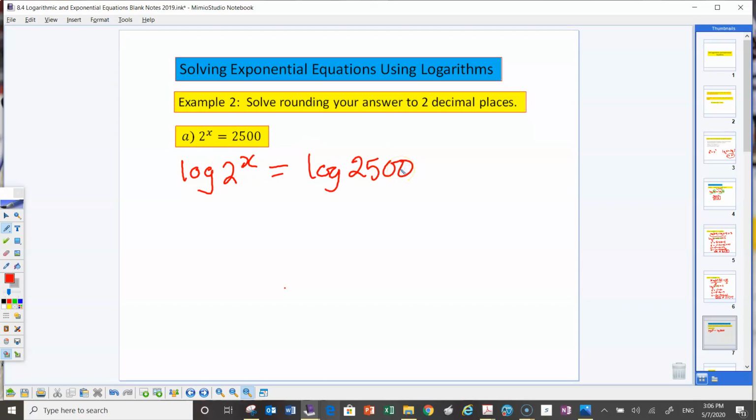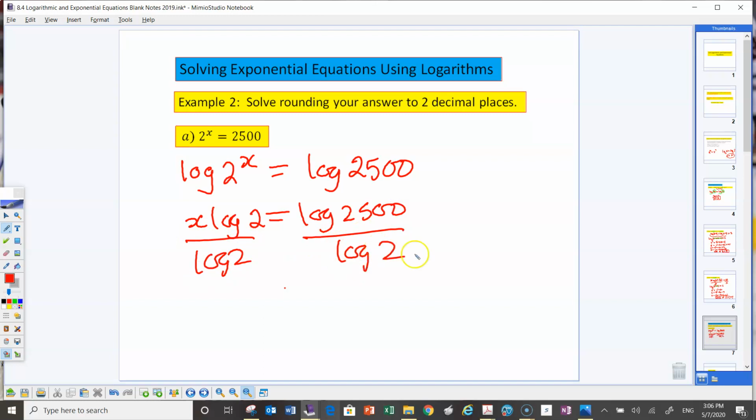Now why am I using log base 10? Because then now I can use my calculator, because my calculator is in log base 10. So now I can move that x out front. And now I'm going to divide both sides by log 2, and log 2 is just a number on my calculator. So now you're going to type in log 2500 divided by log of 2, and that should equal 11.288